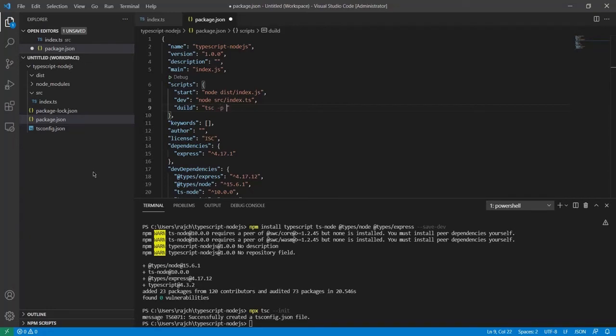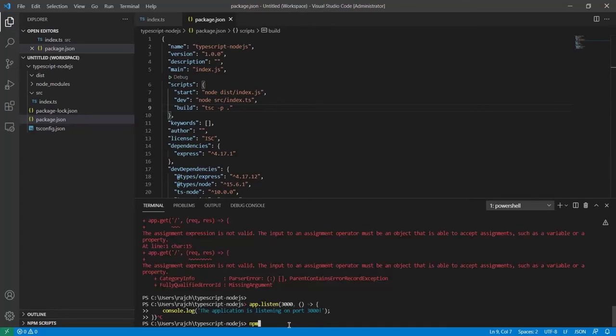So you can see this is configured: we have created the script, and to compile we need to create it as build. Now the first thing, I am going to use npm, and then inside the scripts, if I want to run build, I need to use npm run build.